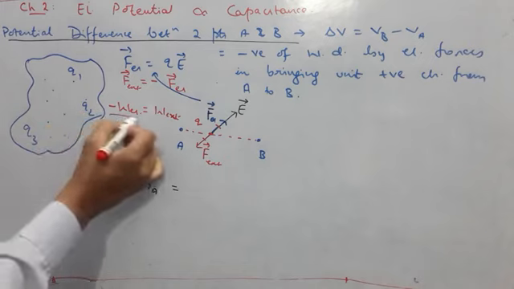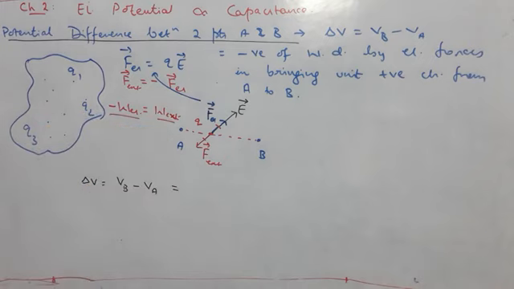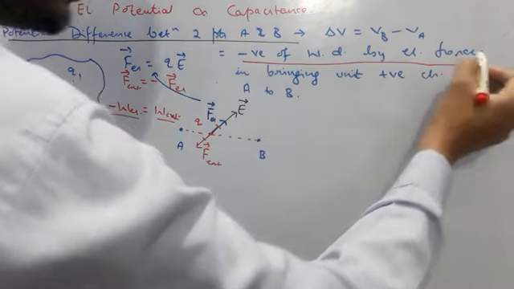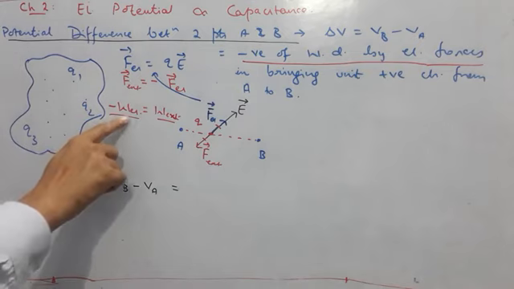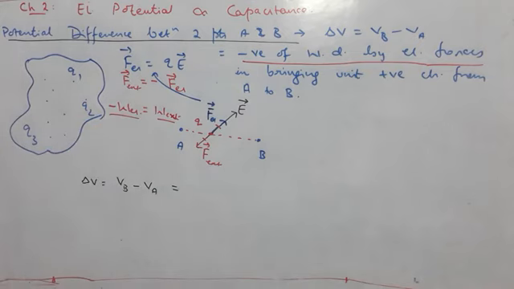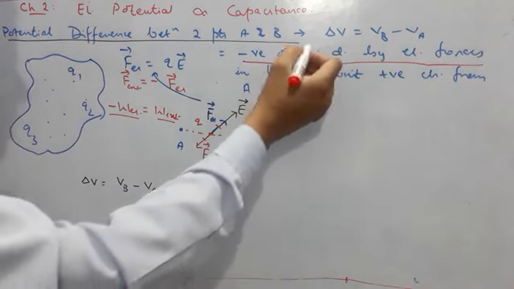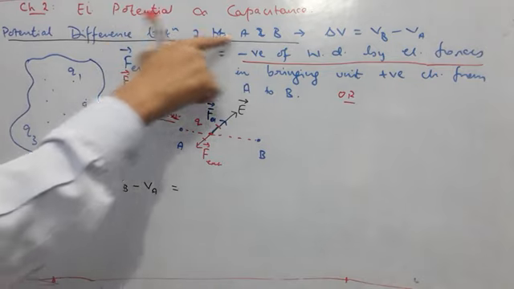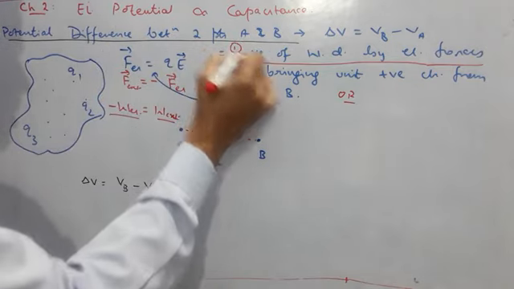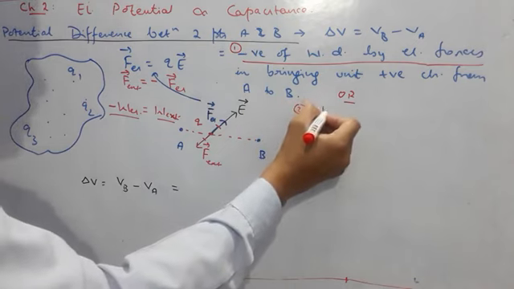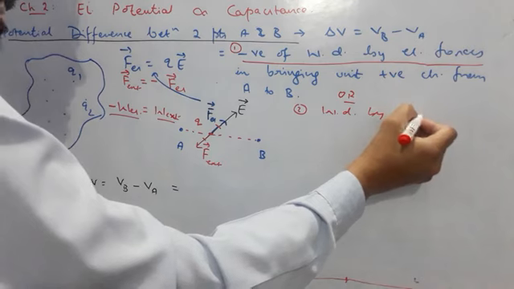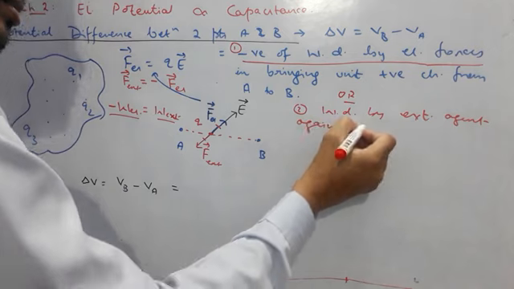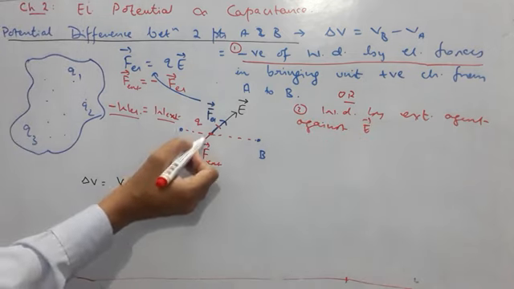Now negative of work done by electrical forces we have defined as W external. Instead of minus W electrical, you can also write W external. So this will give you another definition for this potential difference. So potential difference between 2 points may be defined as, this was first definition, so this is your second definition. It may be defined as the work done by external agent against electric field. Now why do I write against electric field? It is clear from this particular figure.